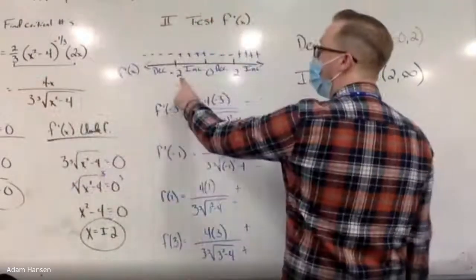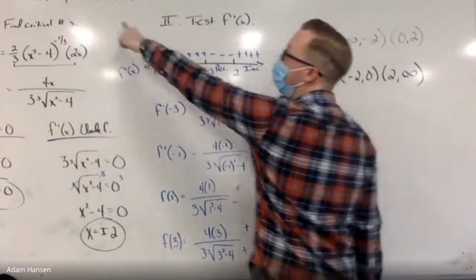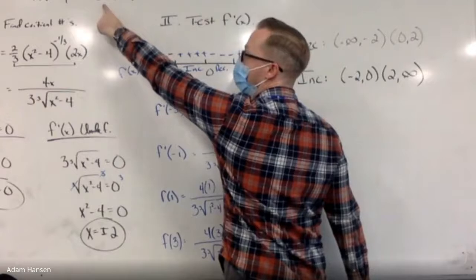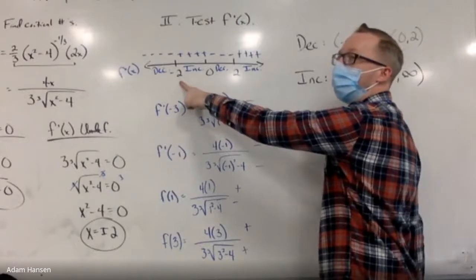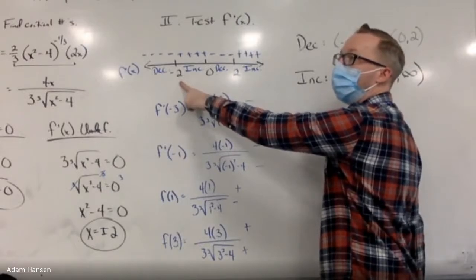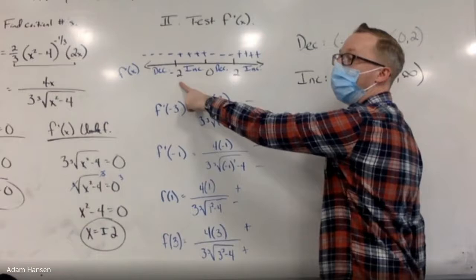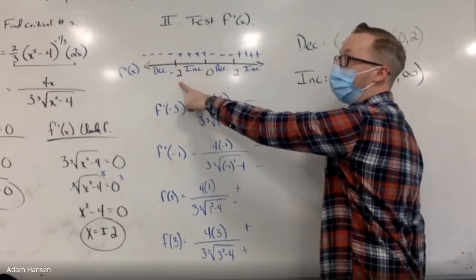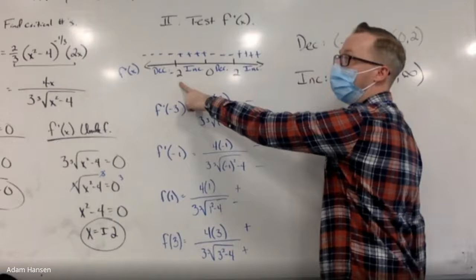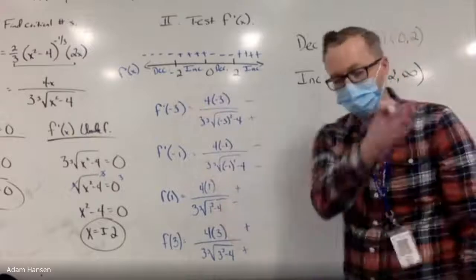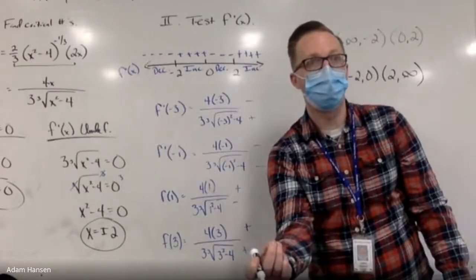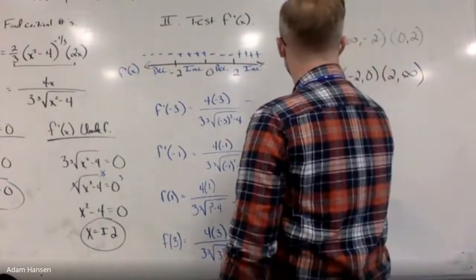What happens at -2? Because now I need to see if there are any relative extrema, any maximums or minimums. How does the derivative change around -2? The derivative goes from negative to positive. Does that mean I have a minimum or maximum, reading the notes from the other half of the board? Minimum. If I go from decreasing to increasing, don't I have to bottom out somewhere? So there is a minimum